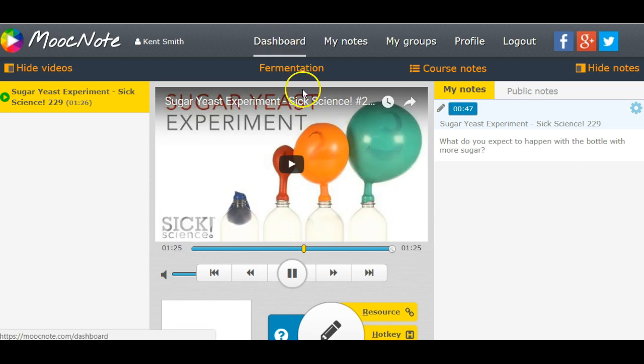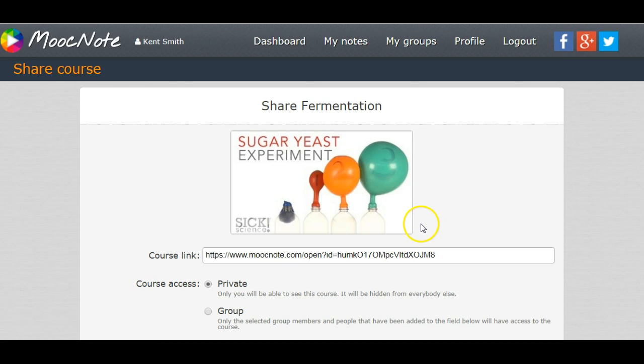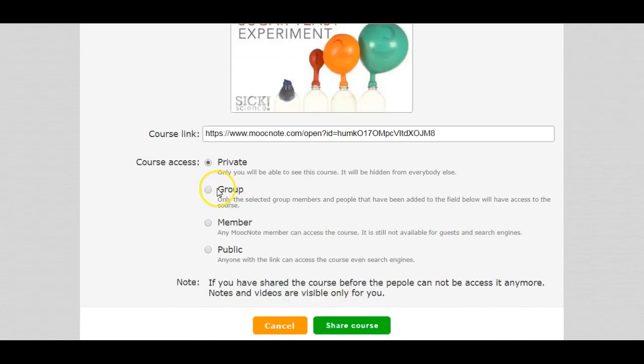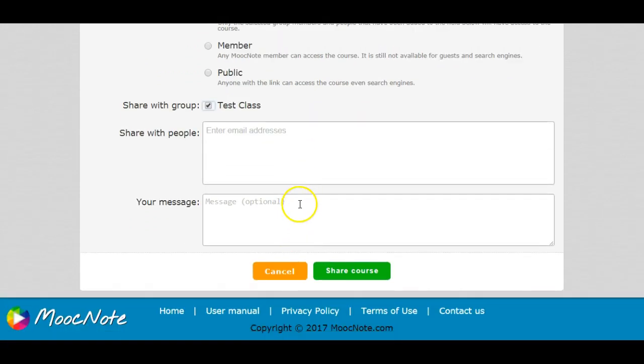So then when I go back to my dashboard, it shows that I've completed 98% and there's one note. So then what I can do is I can come here and I can share this. I want to choose to do it privately so that when I go to a group, I can choose the group. I want to use test class, and then the message that I want to put in here. So I want them to watch the video